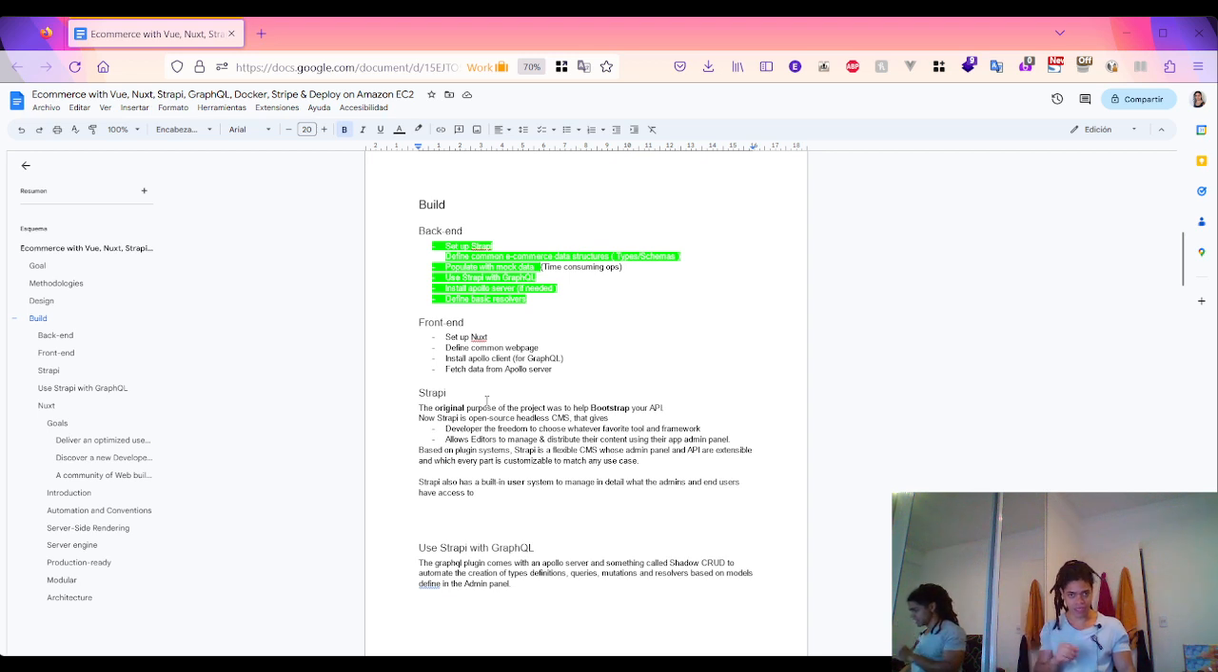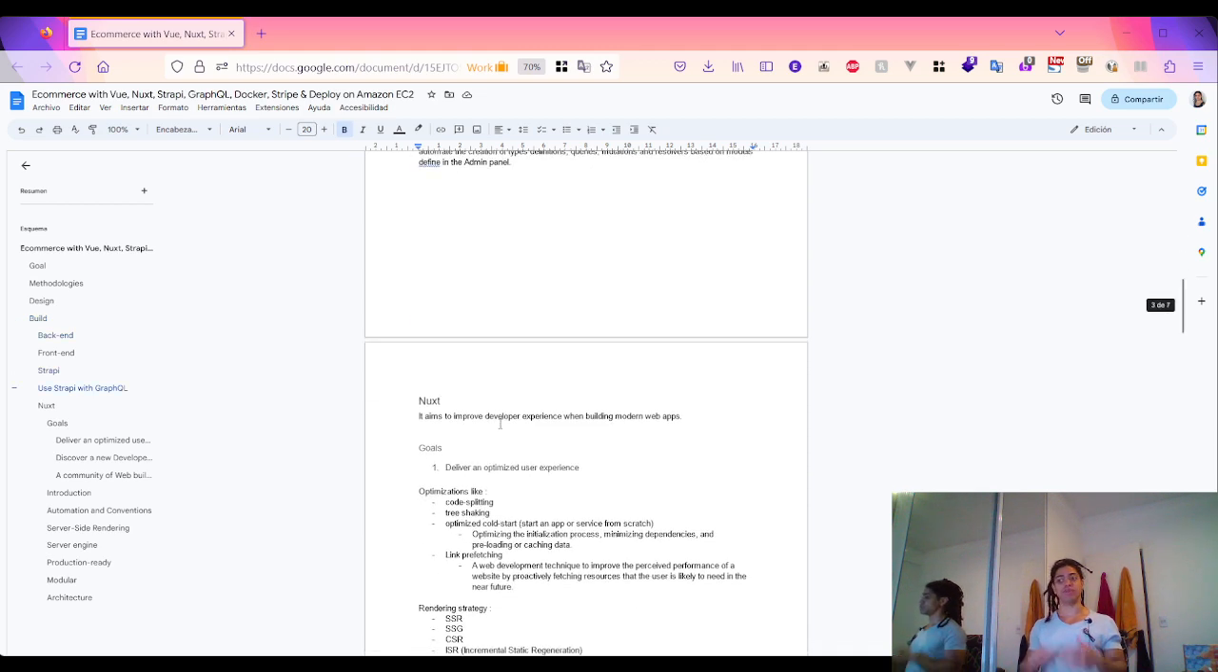And then I look at the front end. And to understand why I choose Nuxt, since Nuxt is this new way of building modern web applications that improves the developer experience, which is one of the reasons why I choose it. The goal of Nuxt, according to their website, is delivering an optimized user experience using several optimization techniques like code splitting, tree shaking, link prefetching, among others,